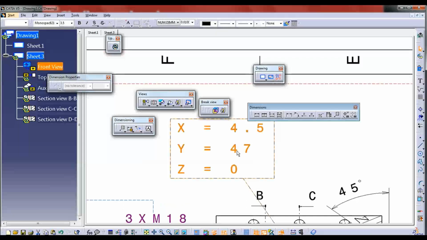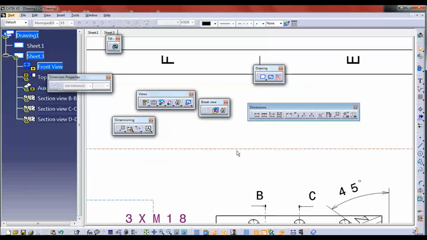Sir, what we need to do in the model? Okay.